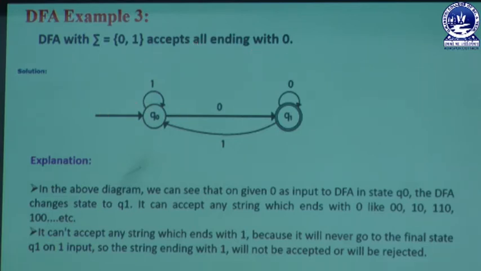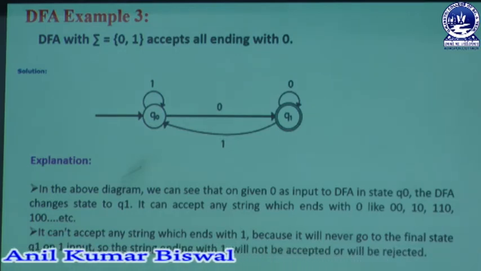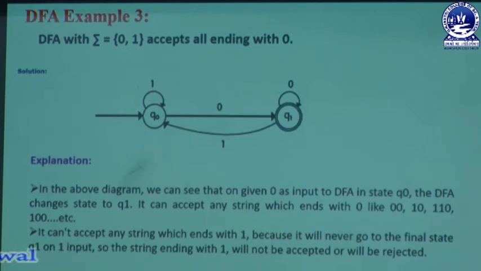First of all we can discuss this diagram. Whenever the user wants to draw the diagram, the user must create one state that may be denoted as Q0. Sometimes students ask, instead of Q0 can we write any other state name? Yes, why not? If a user wants to write Z0, Z1, no problem, but generally we recognize states as Q0 or Q1, which is a very flexible and easier way of detecting the states.